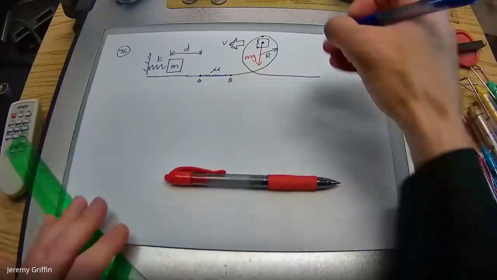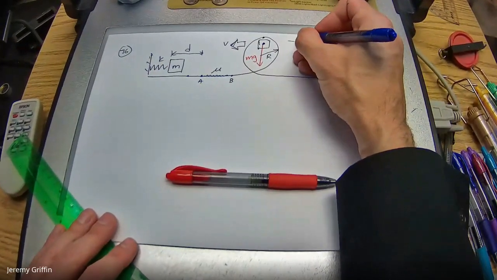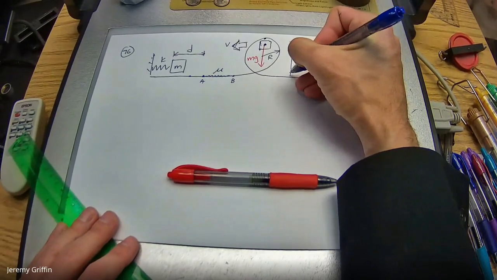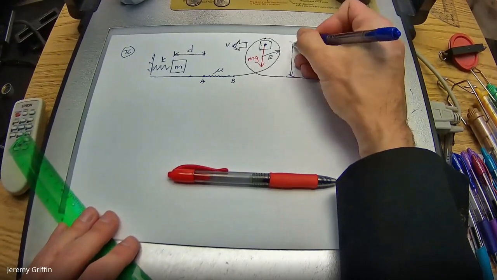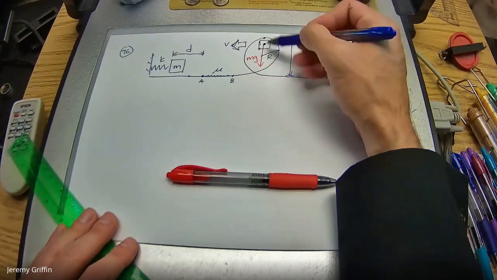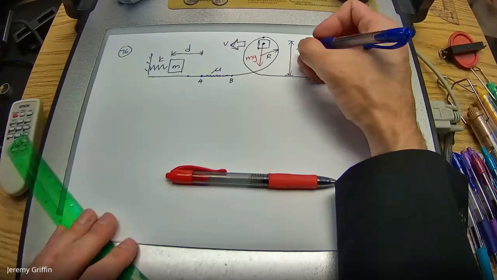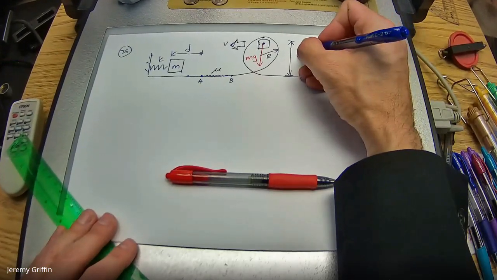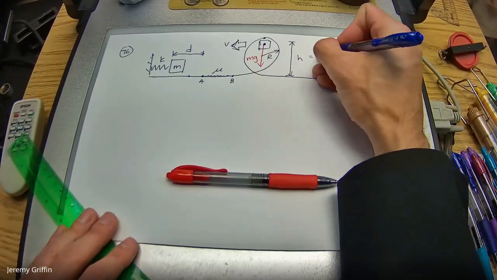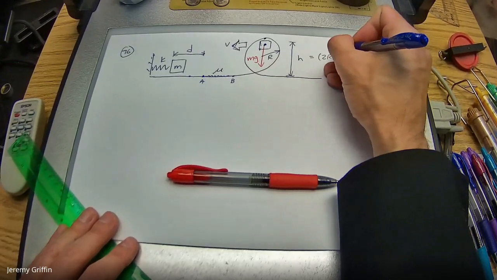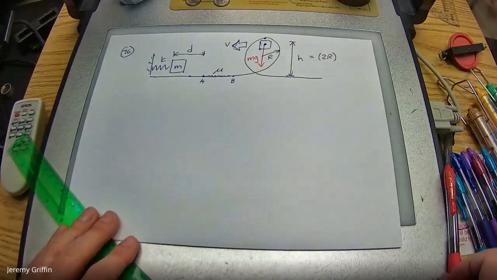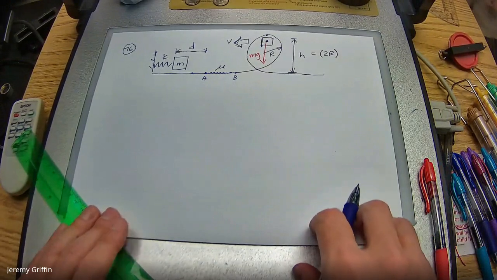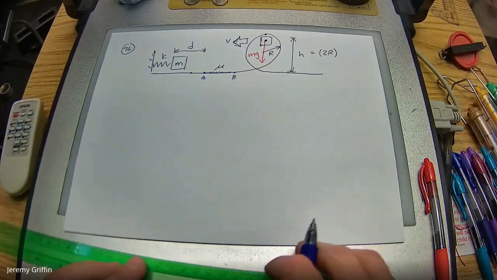Okay. Got another question here, which is starting to be related to future content. What's the height of that circle in terms of its radius? 2r, right? Isn't height equal to 2r? Am I right? Now, why do you care about that height thing? Well, hold on to that idea, because that's coming back.